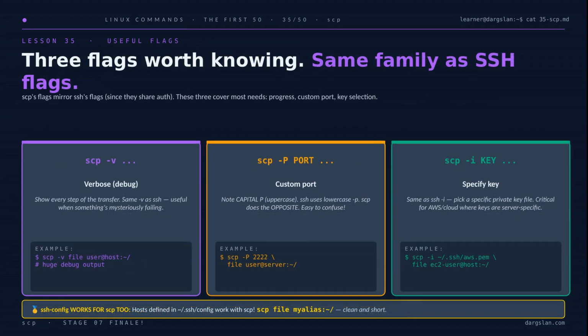And since we just mentioned that capital P quirk, let's look at the 3 flags you'll actually reach for. -v turns on verbose mode. When a transfer mysteriously fails, this shows you every handshake step. Capital -P sets the port, just like we said. And -i points to a specific private key, which you'll need constantly on AWS, where every instance has its own PEM file. Bonus tip: any host alias you've defined in SSH config works here too, so scp file myalias: